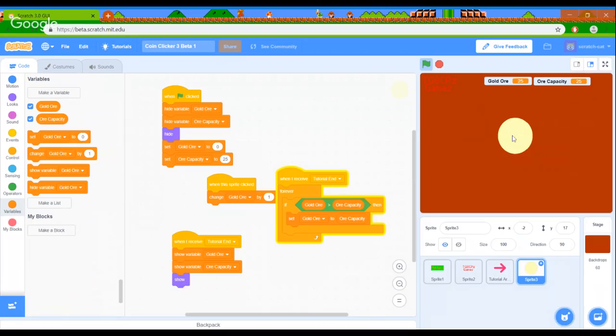But there is one problem. There are kind of two problems. The first problem is that we need to transfer the gold ORE to gold. And second of all, we need arrows to do that. So what we can do is do the in-game arrows thingies. Yep,